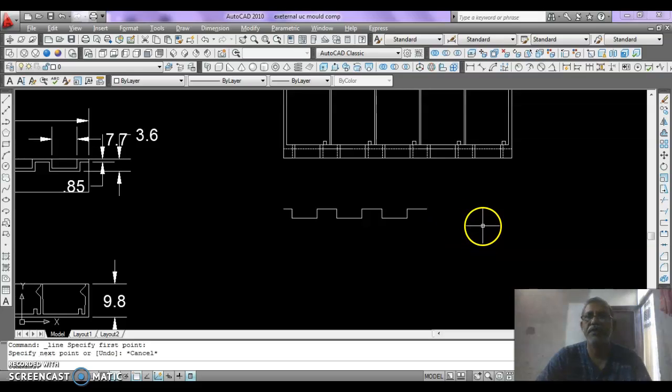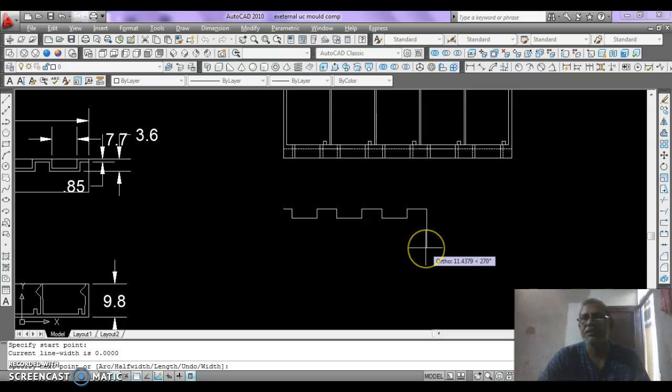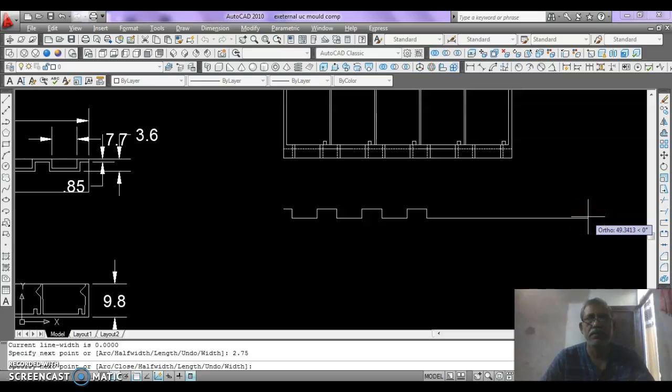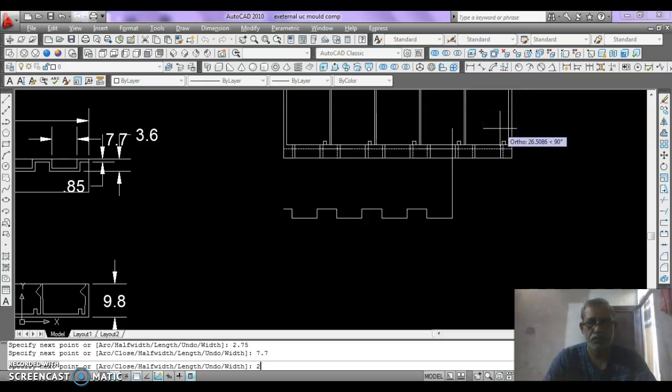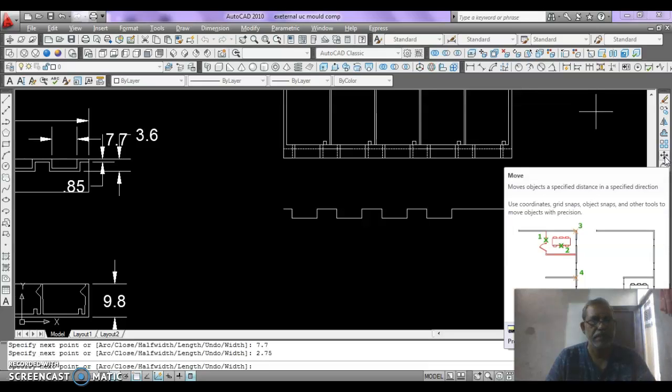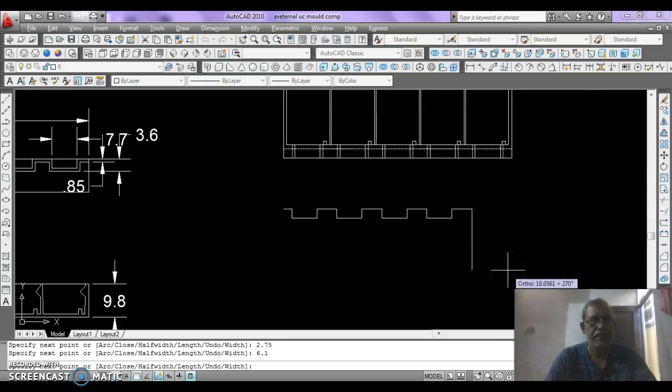Yes, student. Continuing our component for internal and undercut mold, we just go to the polyline command, P line command, and draw a line downward to 2.75, then 7.7, then upward by 2.75, then rightward by 6.1, then downward by 2.75, then